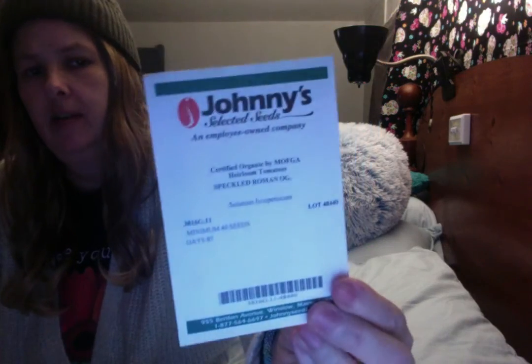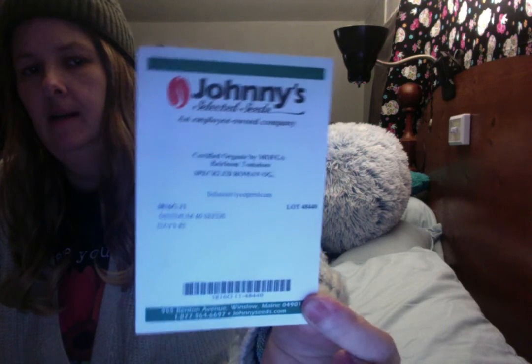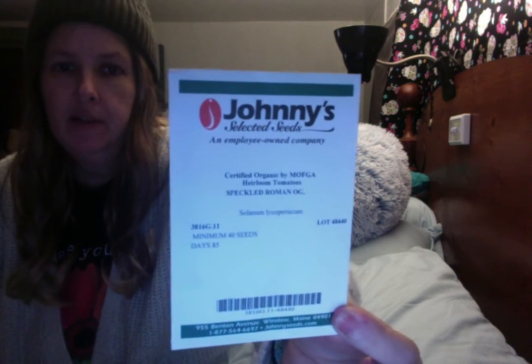And once again, Johnny's Select Seeds is the company. I have to say, they're a little bit pricier than some of the other companies. Again, just showing you their packets. They are a little bit pricier than some of the other seed companies, and I do wish that they would send a free gift. I have to say, Baker Creek, who I love buying from, and I've ordered from quite a few times already this year, even if you only order 1 or 2 packs of seeds, they always throw in a free pack of some kind of seeds,